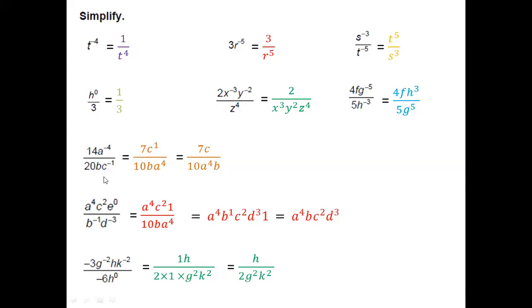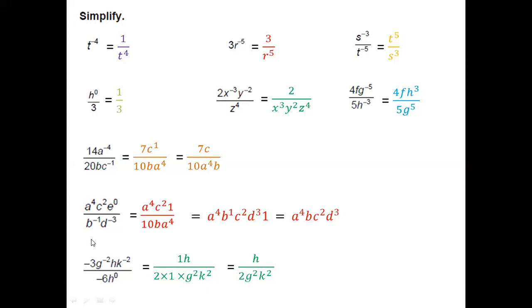So which terms are going to go down and which is going to come up? a to the power of negative 4 will go down, and c to the power of negative 1 will come up. So as a result, what happens? 7c to the power of 1. As you know, we never use this power of 1. We just leave the number as it is. So that's why I have removed it in the next step. If there is no exponent, you have to remember, you have to think that there is a 1 there, always an invisible 1 there. So we usually don't say anything is to the power of 1. Rather, we leave the number alone. Then arrange them in alphabetical order. So 7c over 10a to the power of 4. This is going to be your simplest form.